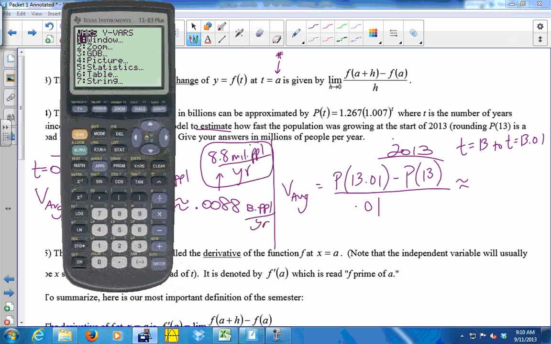Okay, so vars, y vars, function y1 evaluated at 13.01 minus vars, y vars, function y1 evaluated at 13. Small number divided by 0.01,